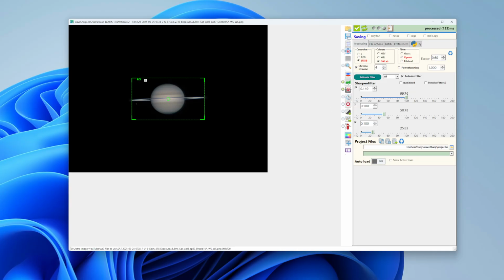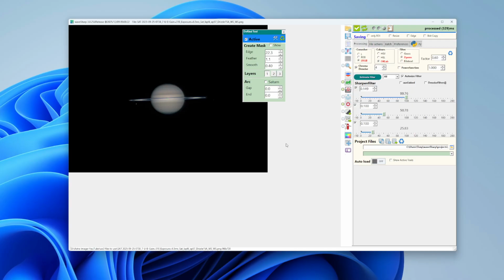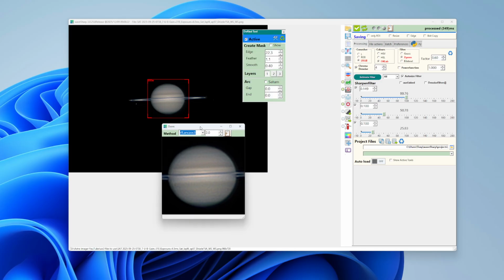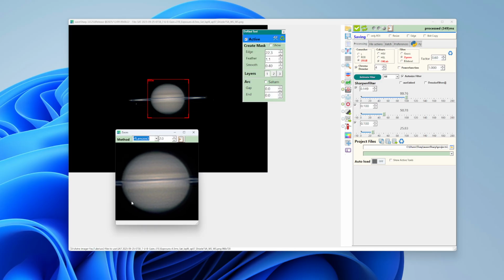One of the other things that we can do in waveSharp is we can go ahead and do a de-ring. This is not a new thing in waveSharp 3, but I'm going to do it just for the purpose of this demo. So let me just uncheck this region of interest setting here. And if I go in and magnify again, there's this very subtle ring effect that's taking place